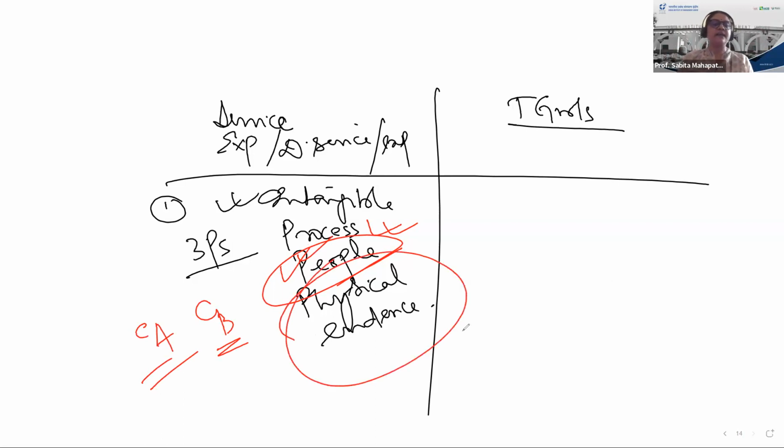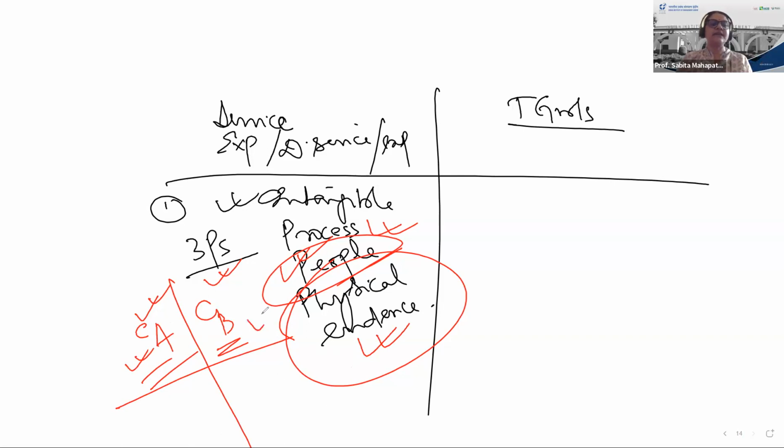Finally is the physical evidence. What is physical evidence? I'm undecided, should I go for Dr. A or Dr. B, or clinic A or clinic B? Almost they are the same, and I have no experience of either. Of course, I can depend on customer reviews and feedback, but I also want to give my own assessment. So I go by the physical evidence, meaning